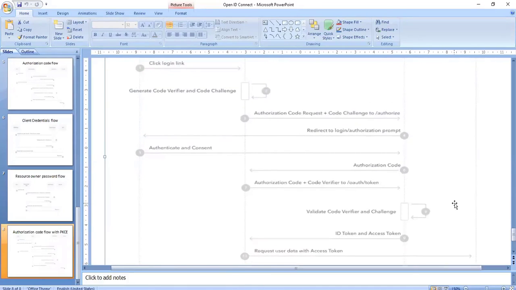OK. The only difference between authorization code flow and authorization code flow with PKCE is, in authorization code flow the client ID and secret ID will be passed on between applications, but here the code verifier and code challenge will be passed on between two applications. OK, is it clear?